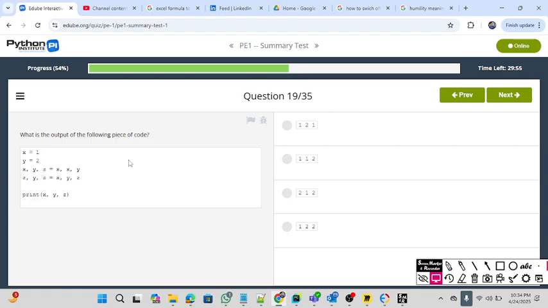Okay, so what is the output of the piece of code here? Okay, x equal to 1, y equal to 2. So here what happens? x, y, z equal to 1, 1, 2, and z, y, z equal to x. x is 1, right? So x is 1, y equal to 1 again. So z equal to 2,